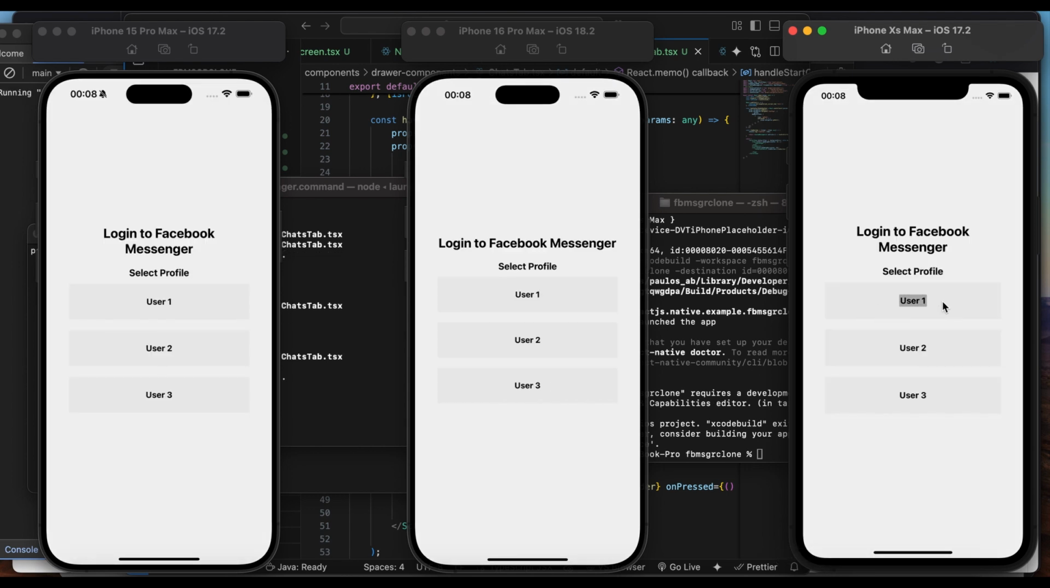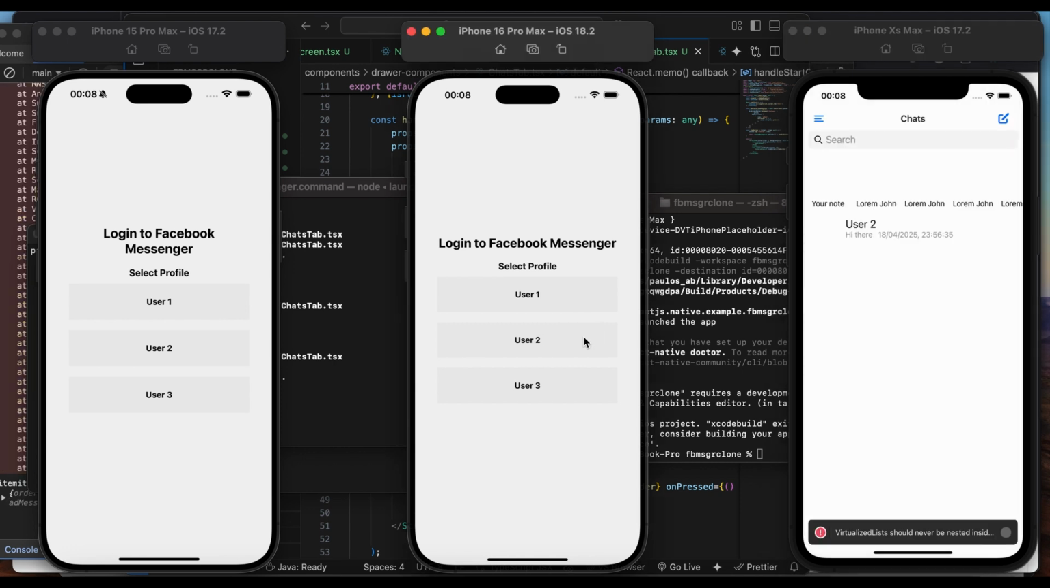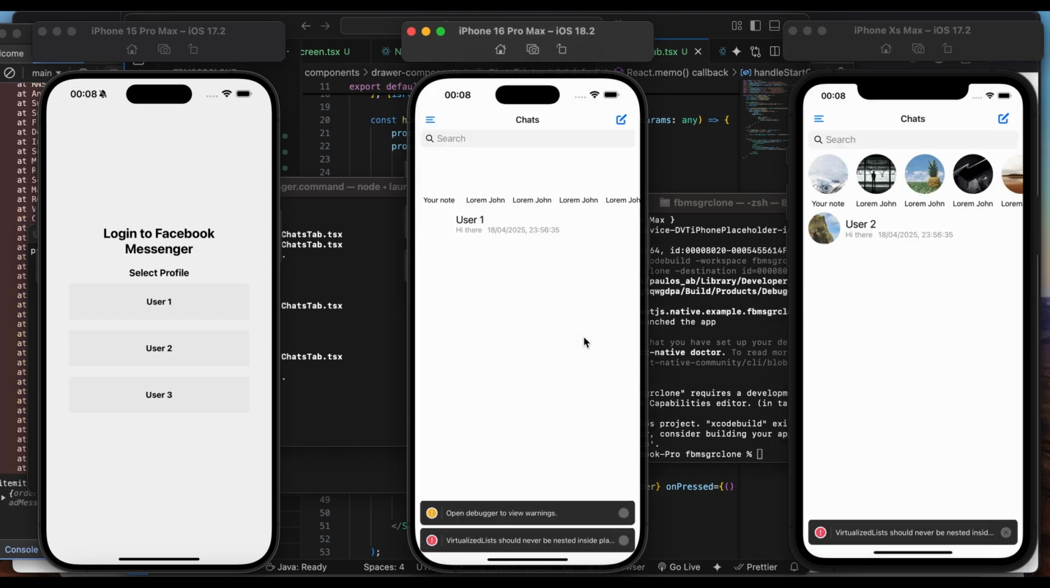Now I'm going to log in as user 1 here and log in as user 2 here. Yeah, as you can see, it listed user 1 here. The conversation that was started by this user, it automatically listed it here. So if I join it,